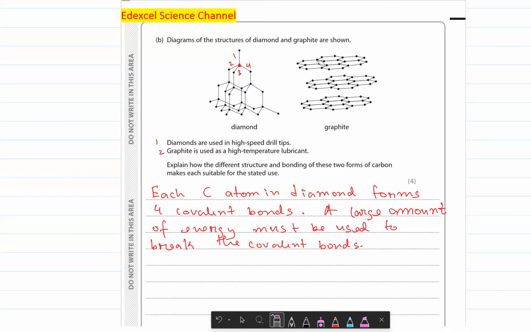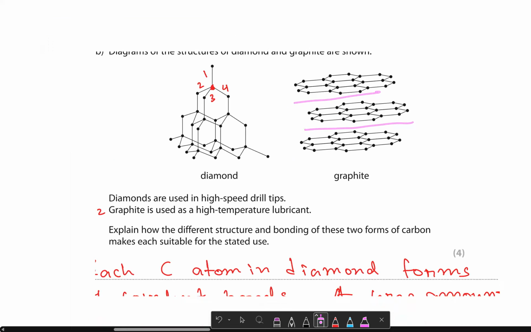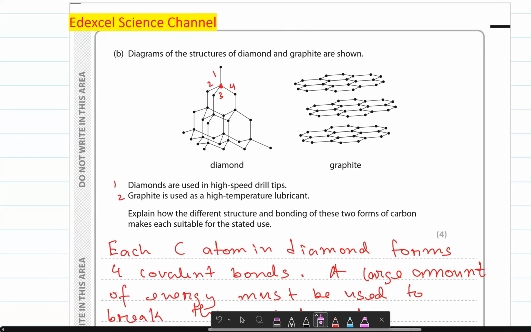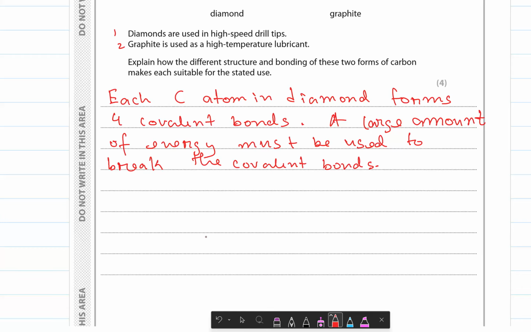Each carbon, if you zoom in, is forming three other bonds. However, there is a gap between the layers. So when you apply graphite at high temperatures, the layers will be able to slide over each other, okay, acting as a lubricant. So for part two,